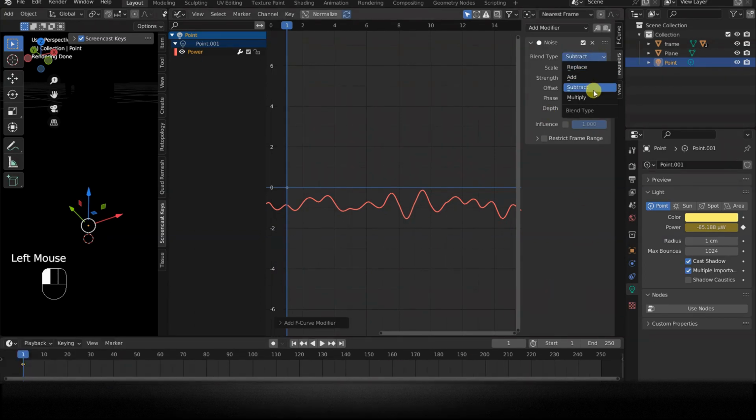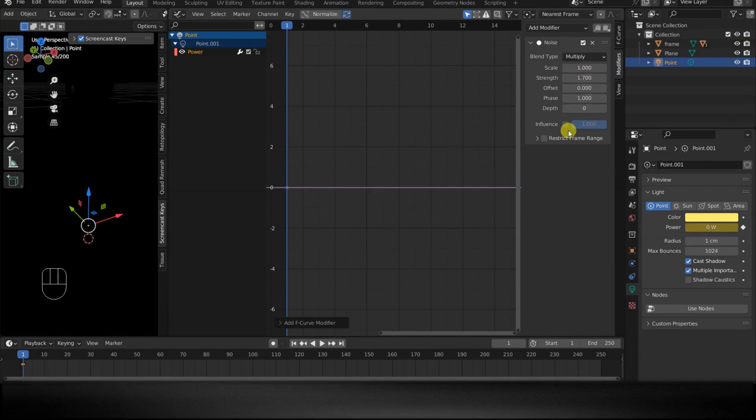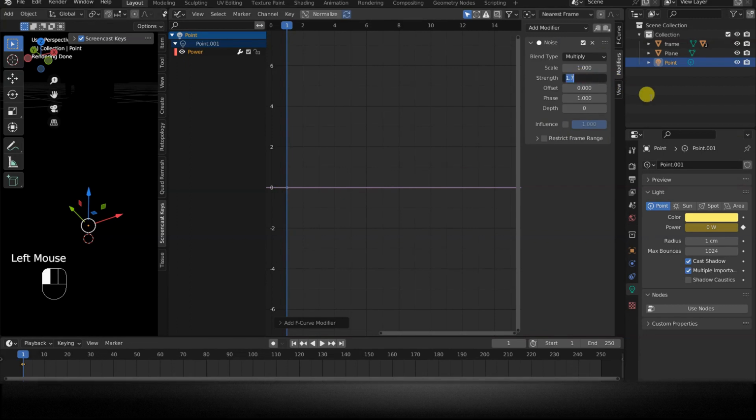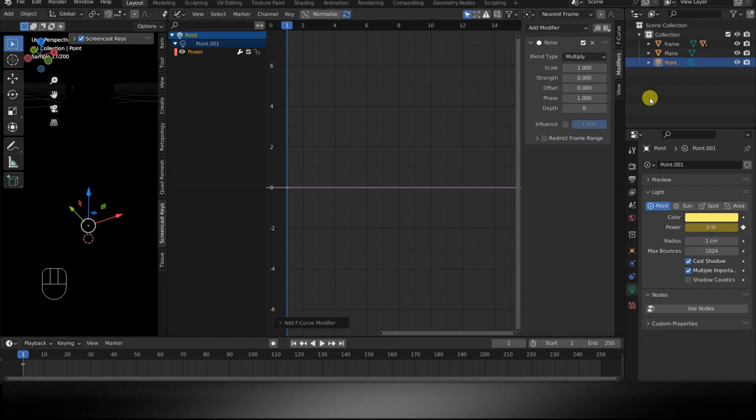Multiply will multiply the original value by a value between 0 and strength. This could lead to much more extreme variations than those given by the add mode, if the original value of the parameter to be modified is different from 0. In our case, power has an initial value of 0, so multiply will have no effect, because any value will